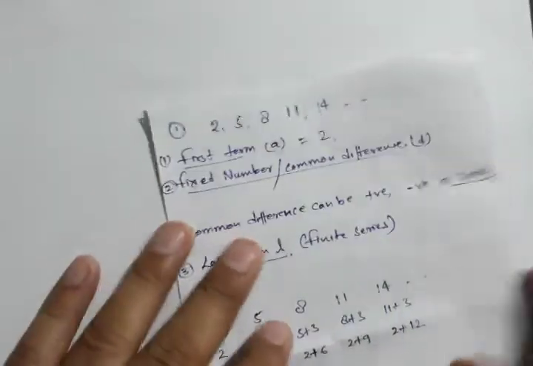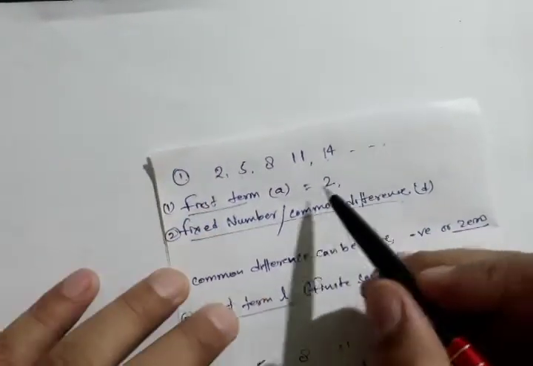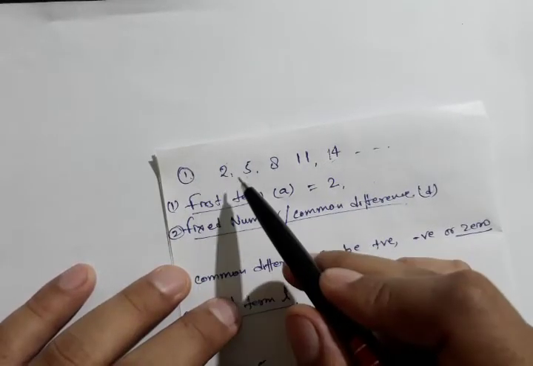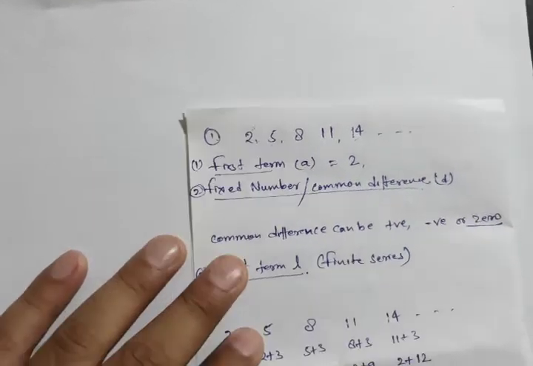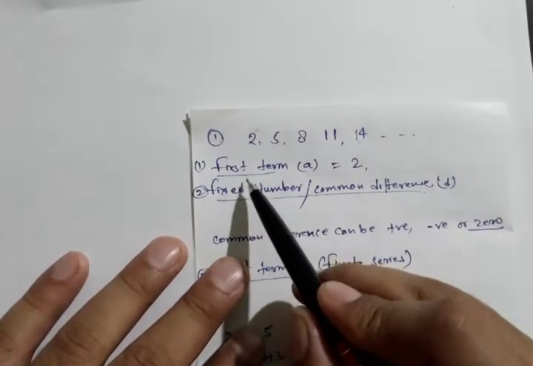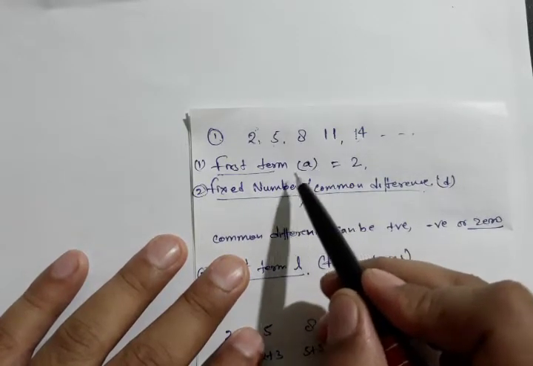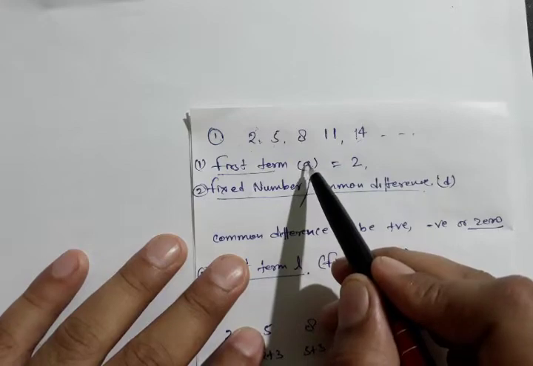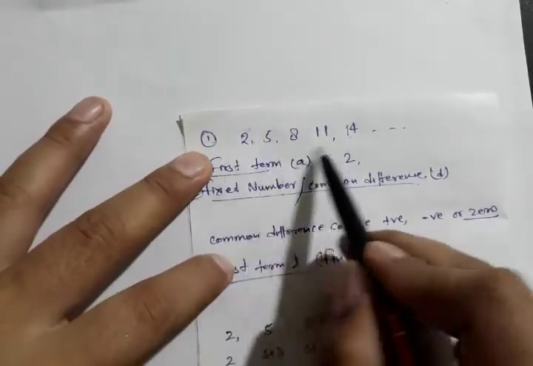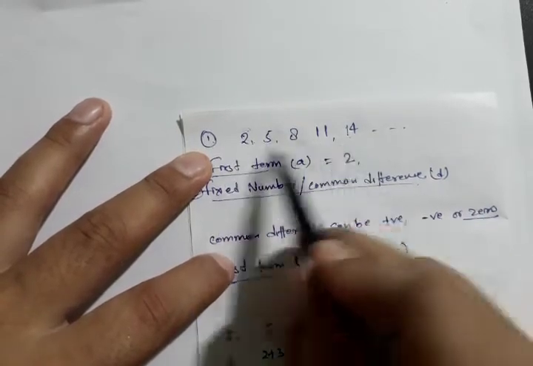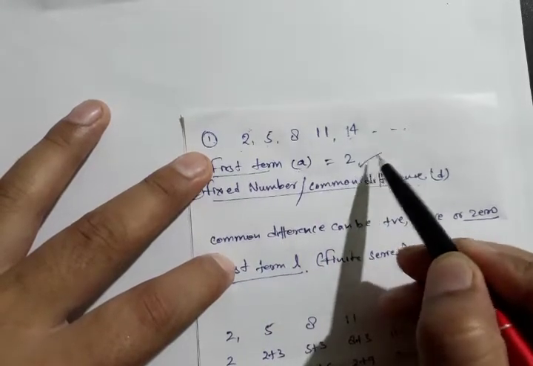Okay, so now as we came to know that the given sequence is in an AP, what is the first term of this sequence? The first term of this sequence is 2. The first term of each AP will be represented by small a. Clear? So whenever in AP we say small a, it will represent the first term of any arithmetic progression. So what is the first term of this arithmetic progression? 2. So a is equal to 2 here. So a represents the first term.